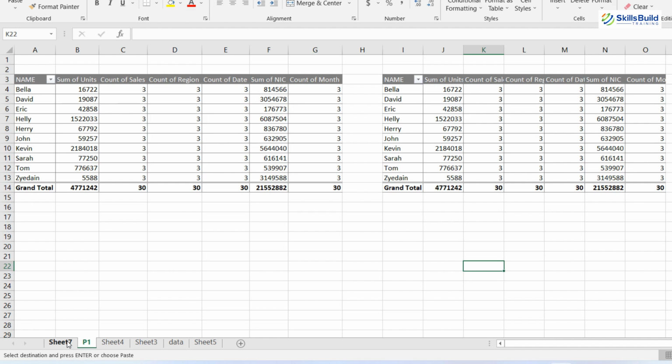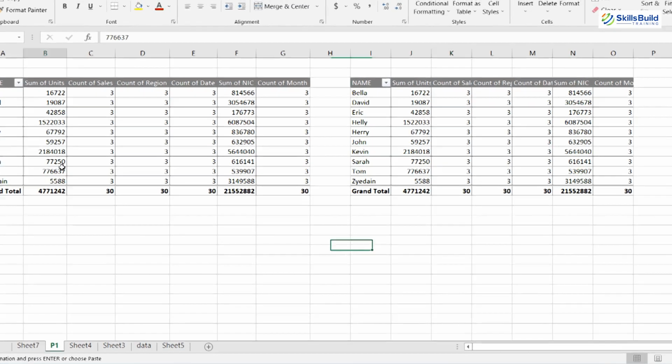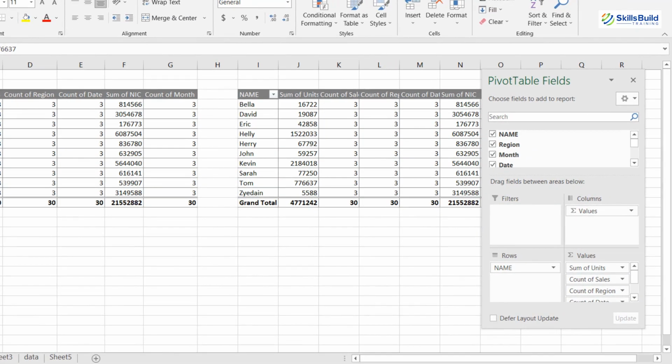You can also delete all the other sheets. You can delete the source data as well. Now the question is, when you delete the source data, it will remove extra workload, but will it remove your data as well? Will you be able to apply a pivot table after deleting the source data or not? Then the simple answer is yes. You will be able to apply the pivot table after deleting the source data as well.